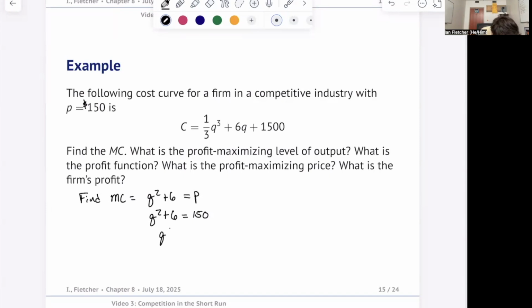That means that our Q star should equal 12. And so then if we knew this, our profit function would then be something like 150Q